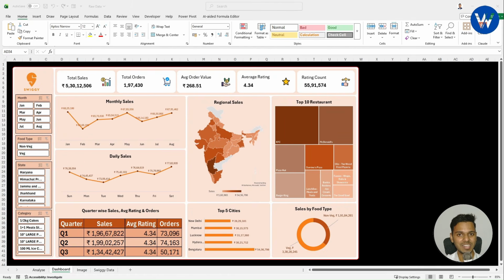With the help of this slicer and dynamic visuals, we can easily analyze business problems and generate meaningful business insights quickly. And the best part is, this is a type of professional project you can add to your resume, LinkedIn, and GitHub portfolio to showcase your data analytics skills to recruiters.